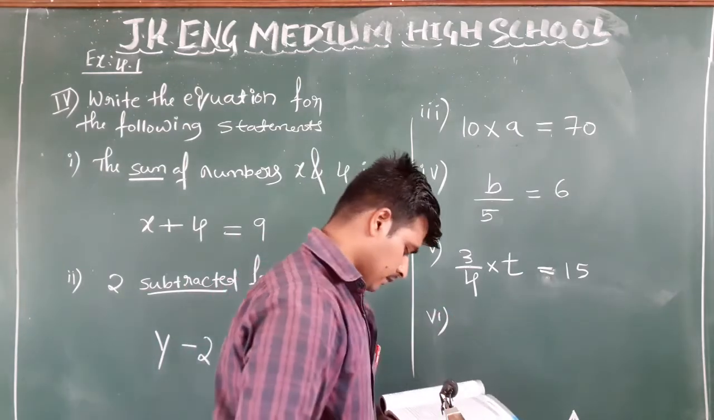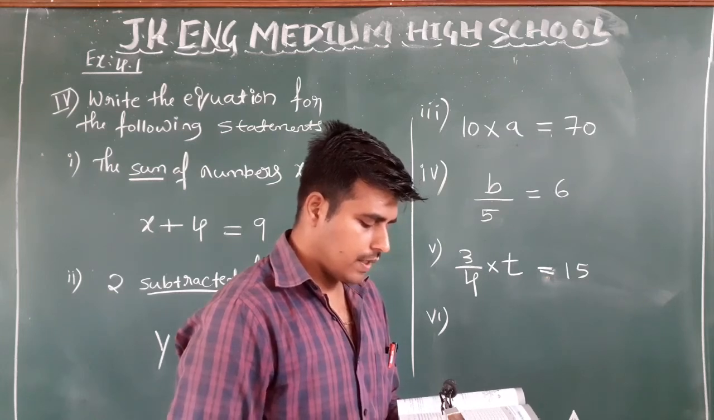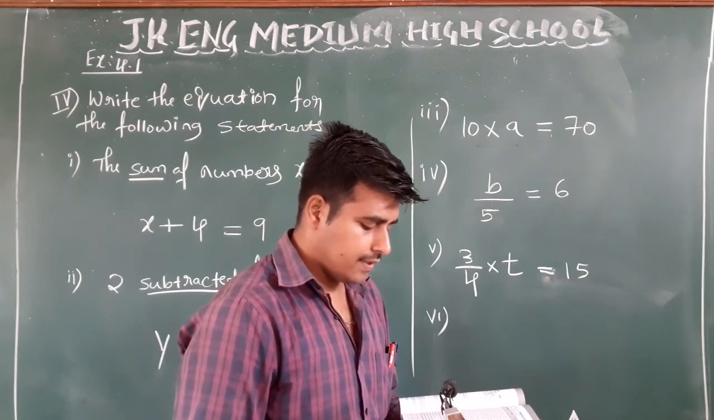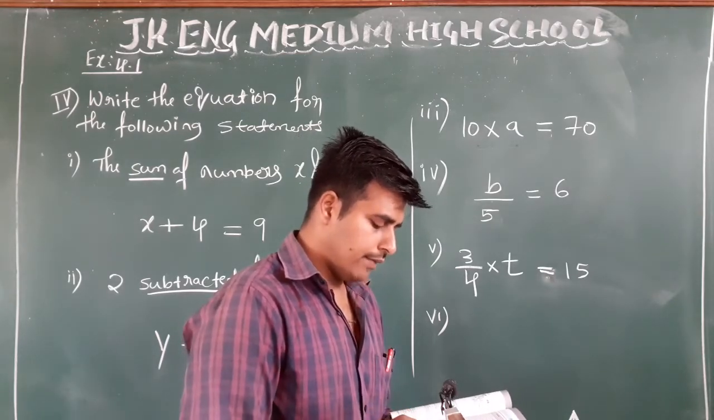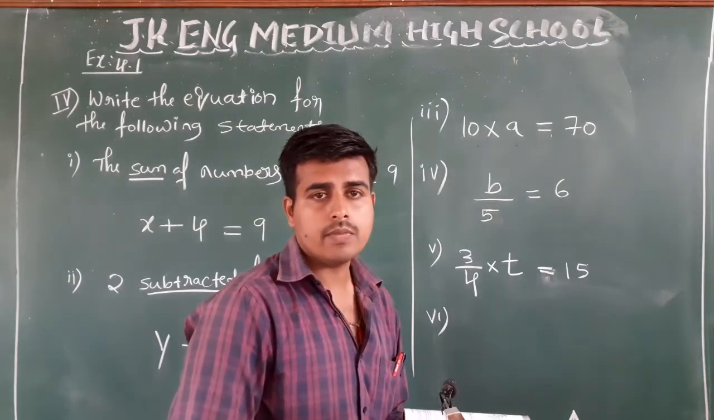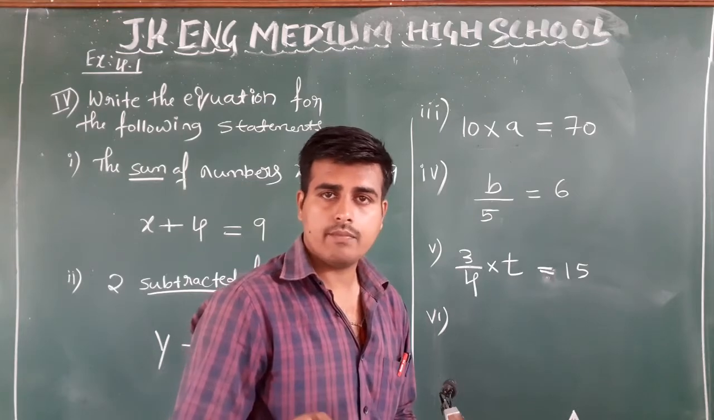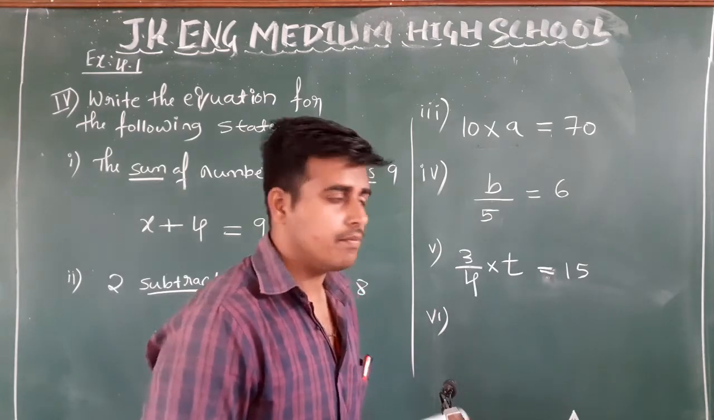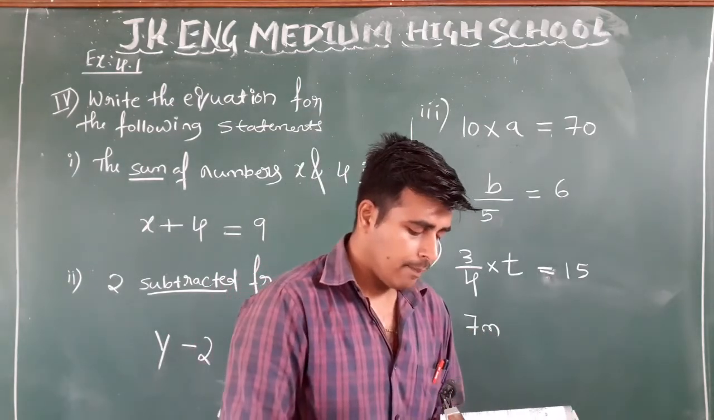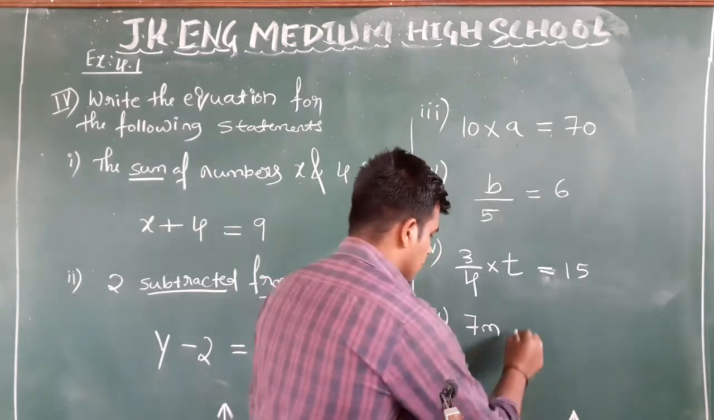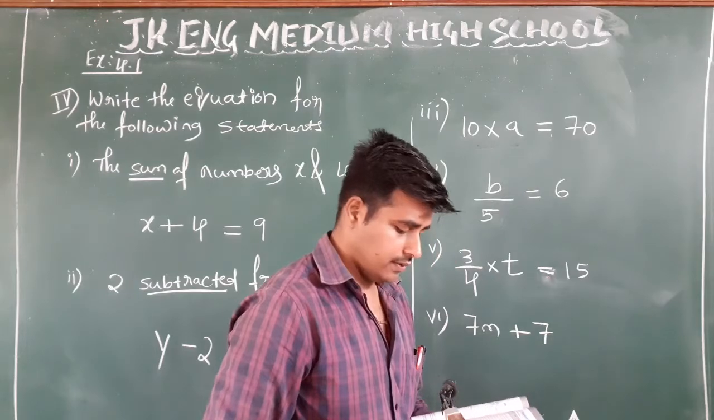Sixth: 7 times m plus 7 gets you 77. Try to flow with the statement. 7 times m means what? 7m, or 7 into m, will give you 7m only. So 7 times m plus 7. Plus means what? Addition. Plus 7 gives, or gets you,